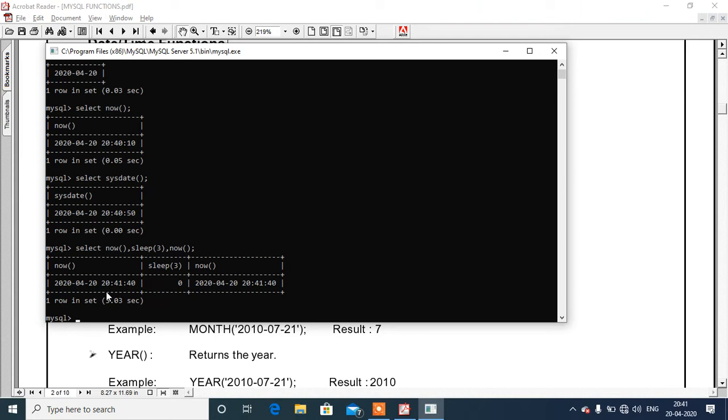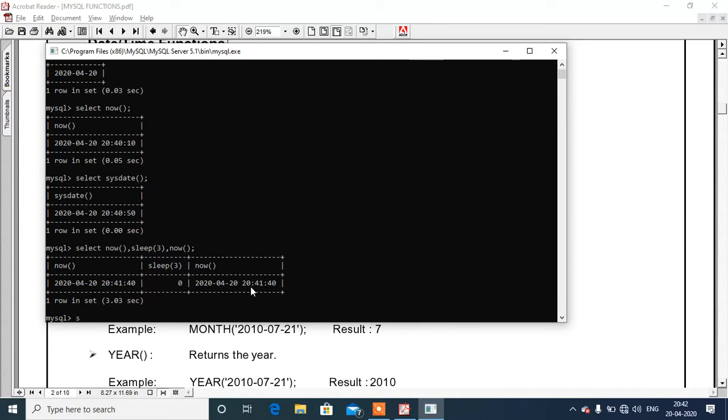You have seen that the command prompt will sleep for 3 seconds. Now you can see that when the first now executes, it displays the date and time, and when the second now executes, it again displays the date and time. But you can see the time of both of its executions is the same.